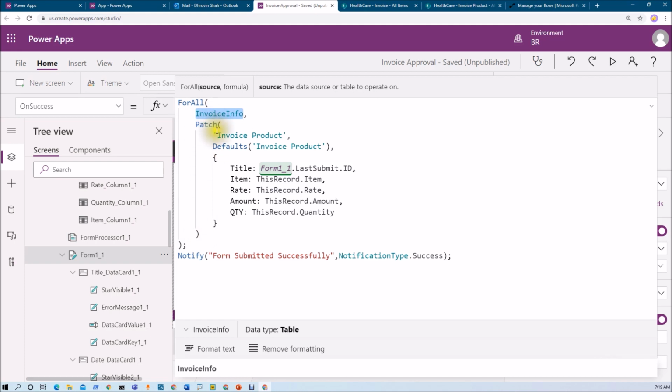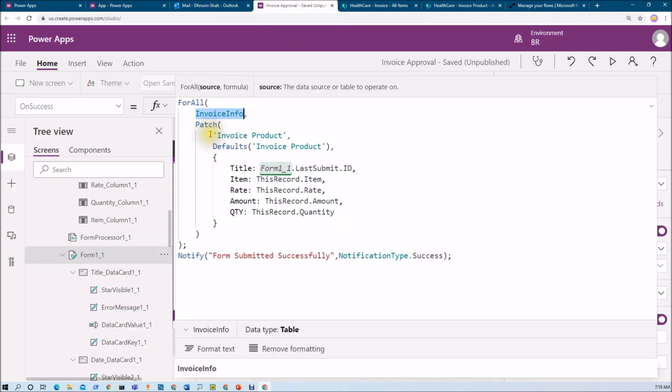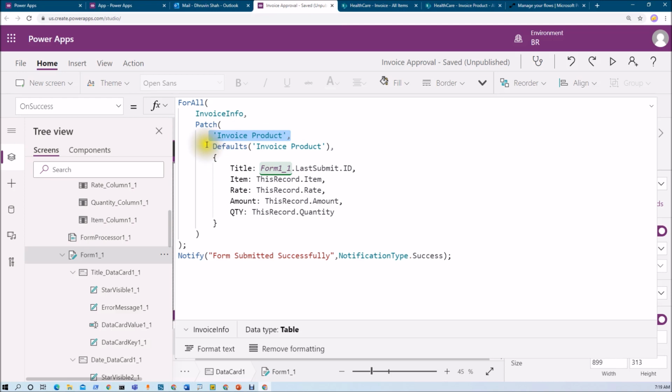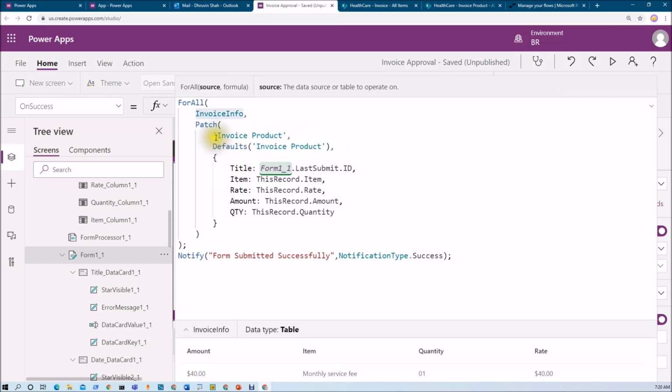So patch into which table? I want to add the data into invoice product. So just provide the name of the list, then we want to add that as a new item. So just add this line item that's default and inside that list name. So it will perform the looping on this collection. So this item, this record dot item, same rate, this record dot rate, amount, this record dot amount, and quantity,